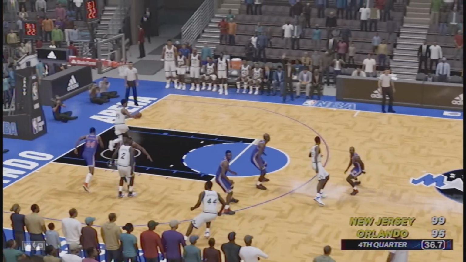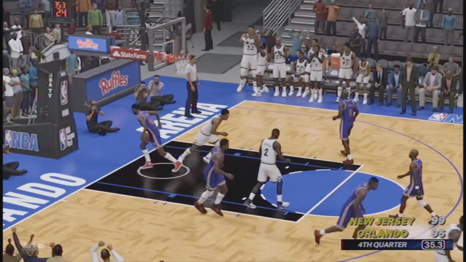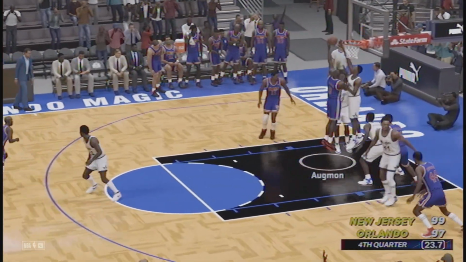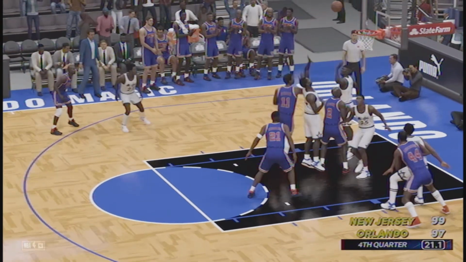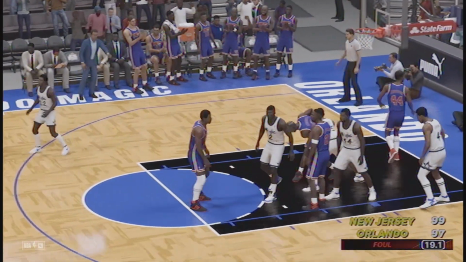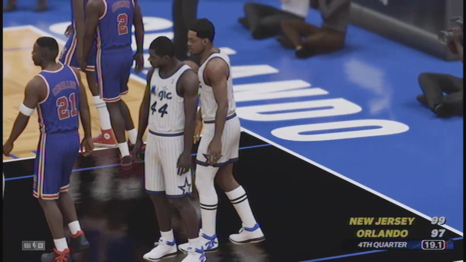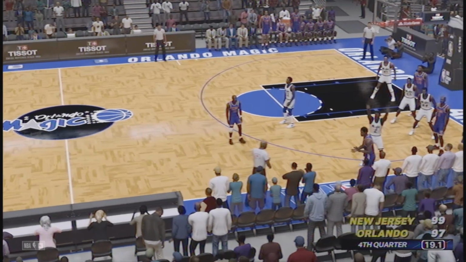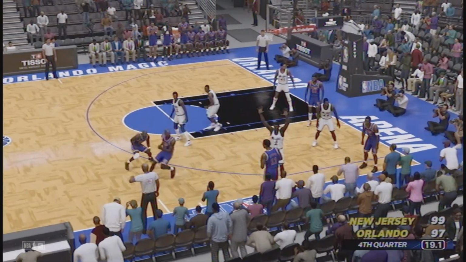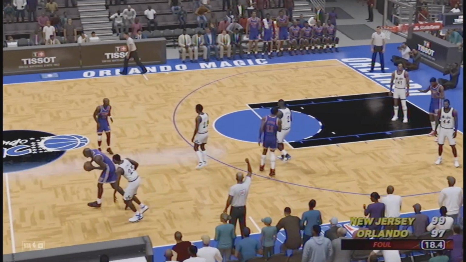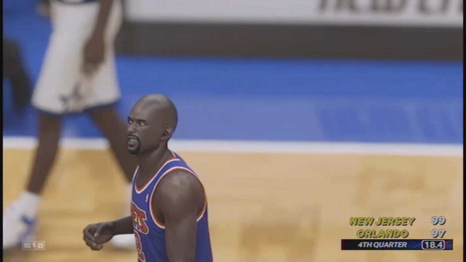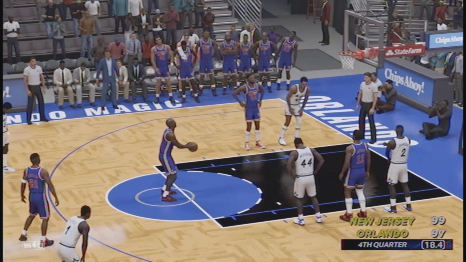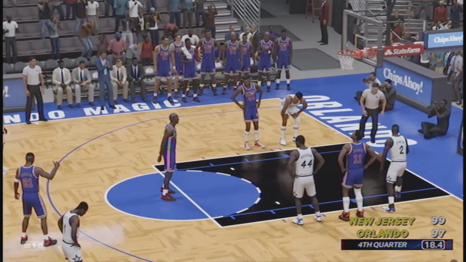Pretty crazy. The Magic, though, Sam Perkins with that basket there. Tim Hardaway, bounced alley-oop, but Ogman still manages to get the ball. He gets blocked. Roy Hinson, he can't make the shot. Ogman fouled. Bad foul? Would you say that's a bad foul? I guess it's a necessary foul. And they're probably going to foul again, given the situation. Yeah, I think it's safe to say that unless Stacey Ogman misses these free throws, the Nets are going to win this game in Orlando.